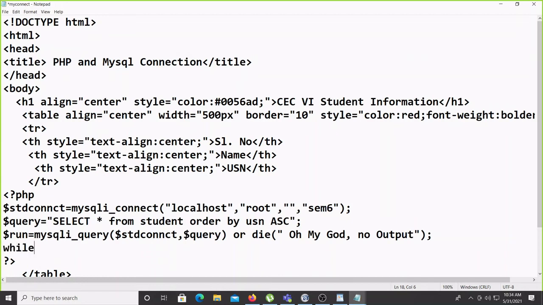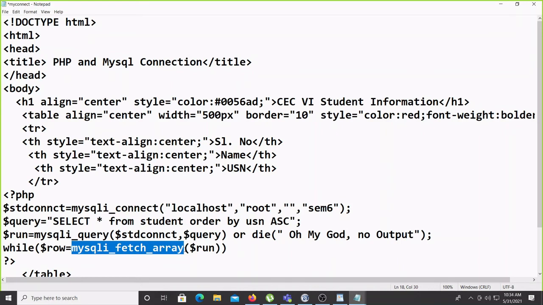So while $row, I am fetching and storing all values inside the row, equal to mysqli_fetch_array. In this method we can fetch all values and store inside the array, and $run. Clear, and close bracket.